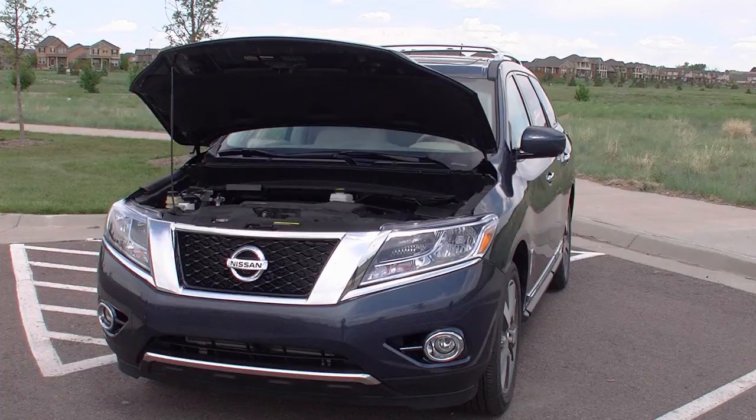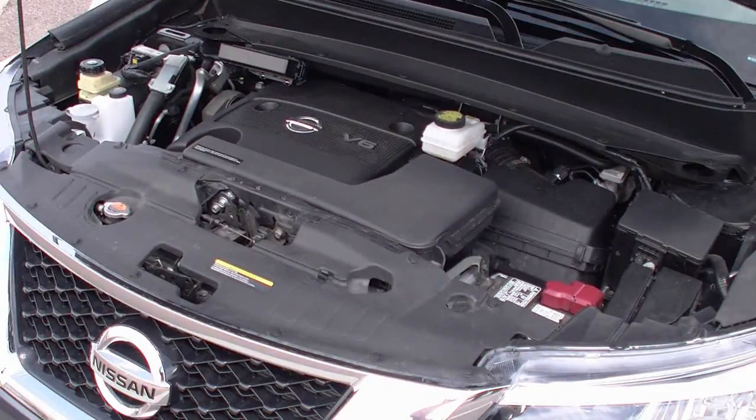Under the hood, you're going to find the pretty standard Nissan 3.5 liter V6 engine with 260 horsepower and 240 foot-pounds of torque. Of course, this is mated to the Xtronic CVT, or continuously variable transmission, and also the intuitive four-wheel drive, something that is going to be newer to the Nissan folks out there. And this four-wheel drive has the selectable modes, which makes it a lot more intuitive, hence its name, because it has a two-wheel drive, an auto setting, so basically it'll do it for you, and a four-wheel drive lock mode,